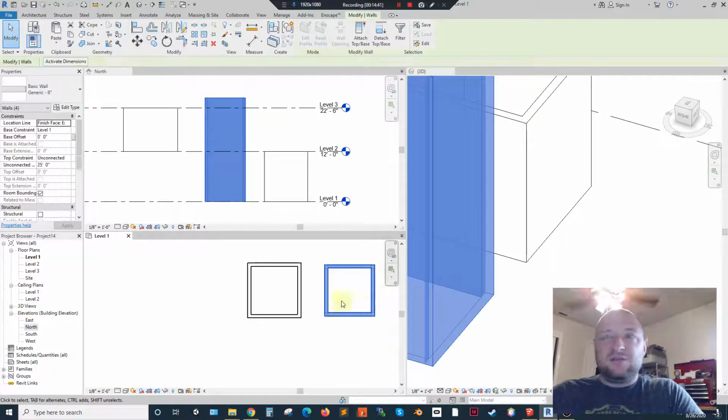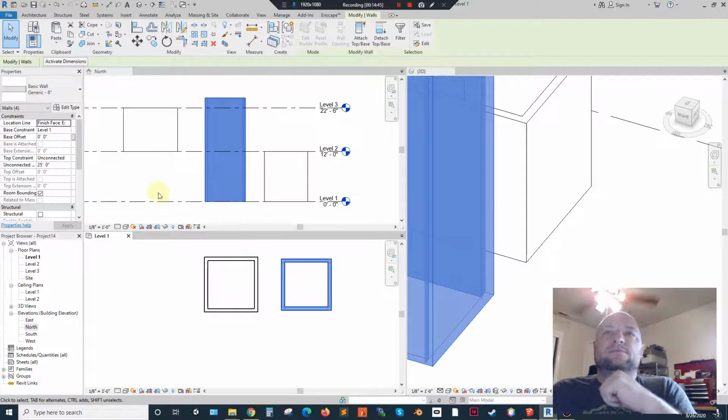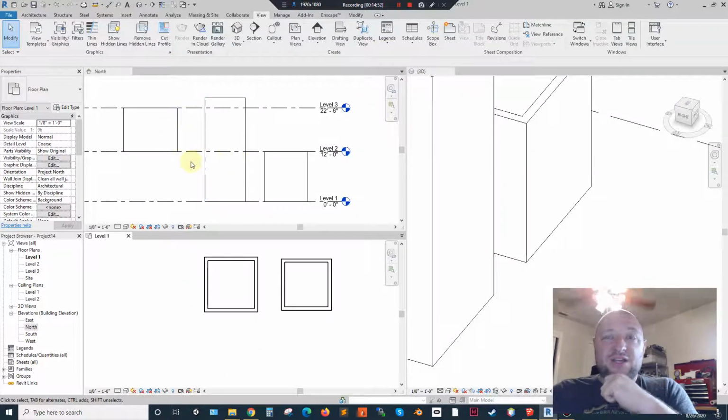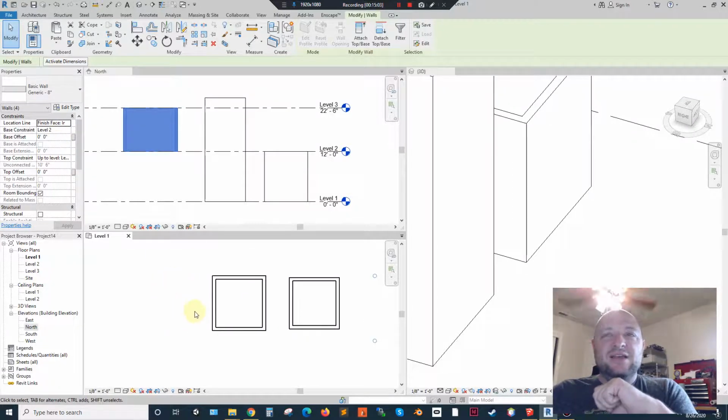These rules all pretty much just apply to positioning the walls with those. Now, one of the things you don't see, and one of the changes that I made, is when I move this section right here up to starting at level 2 and ending at level 3, you can see here in my level 1 that it's actually